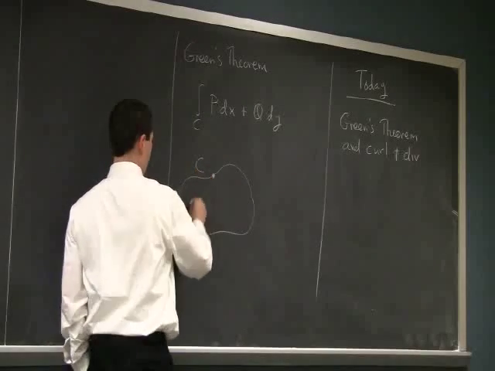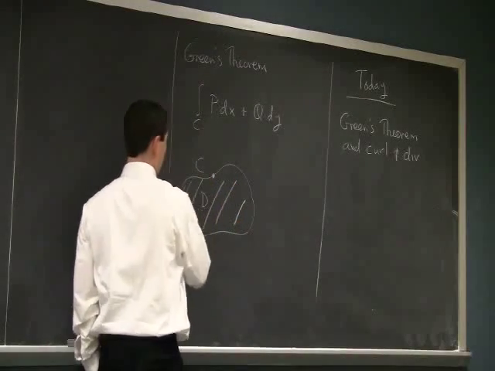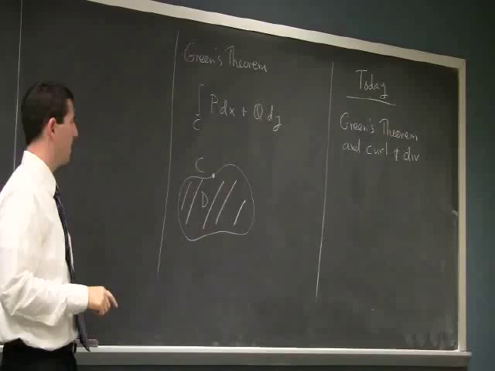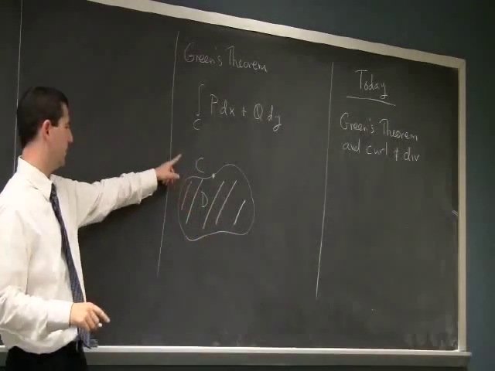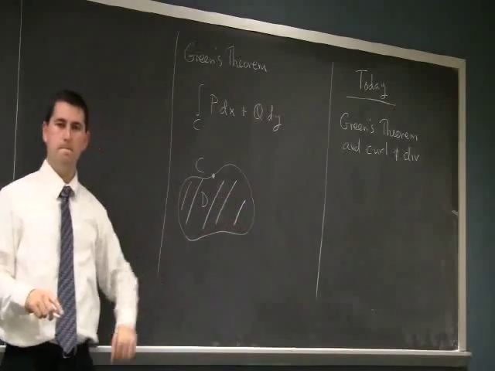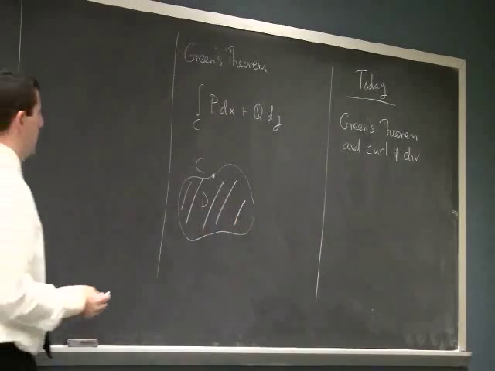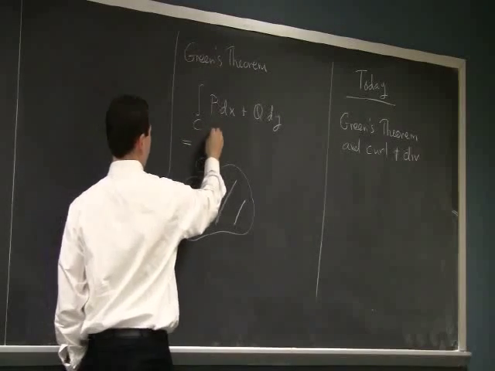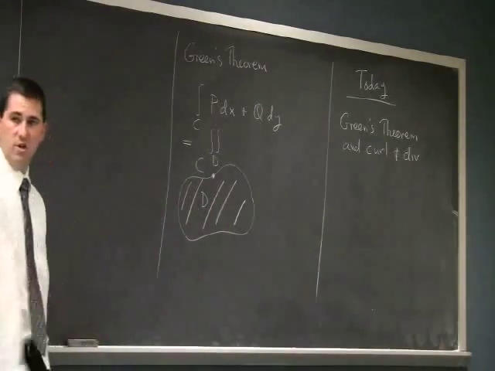So C is this outside region, and then the inside we call D. And so P and Q should have continuous partial derivatives on some open region containing D. C should be a nice, simple, smooth curve. And Green's theorem says that computing this line integral is the same thing as computing the double integral over the region D